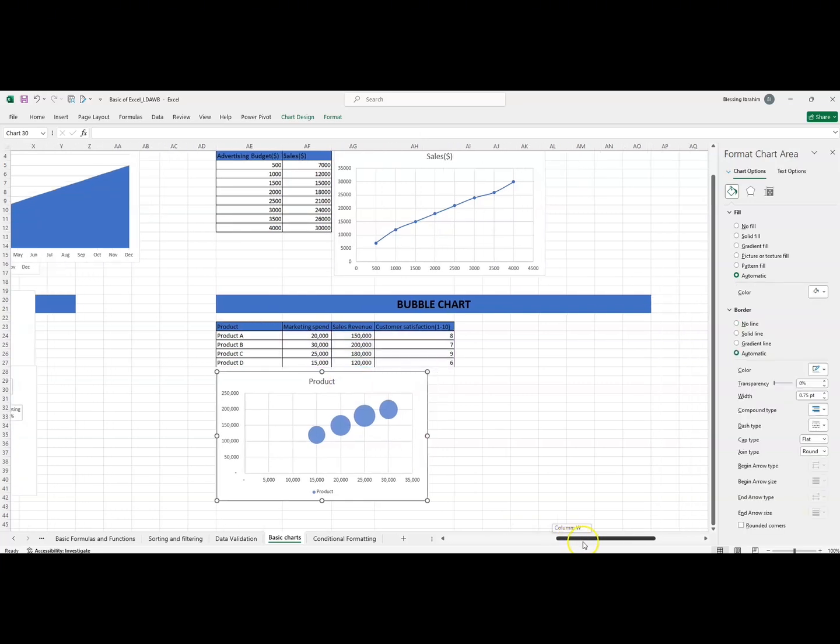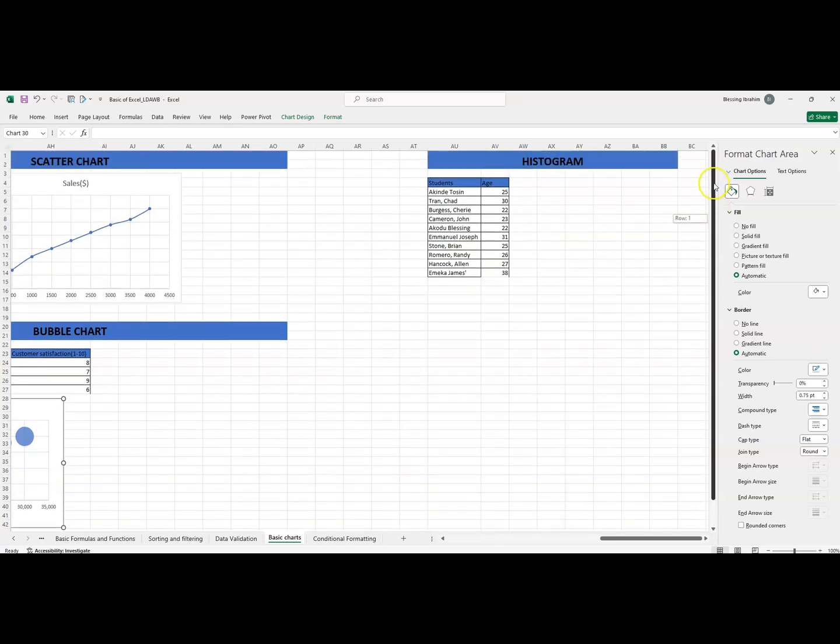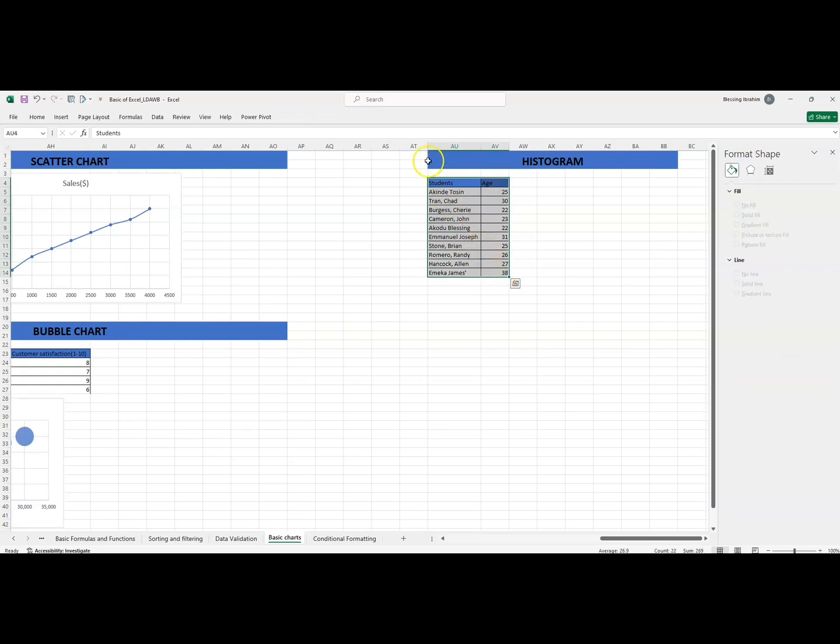All right, so the next thing we'll be looking at here is going to be our histogram. So histogram, what is histogram used for? Histogram is used to display the frequency of the data within a certain range or interval. So we have a list of students here and their ages. So what if I want to show them? I want to use a histogram